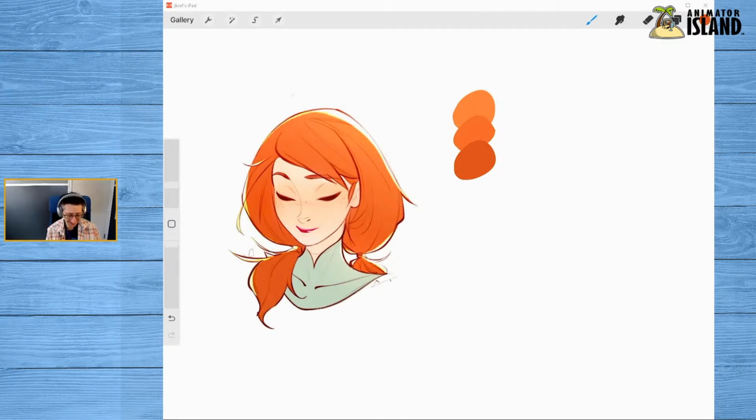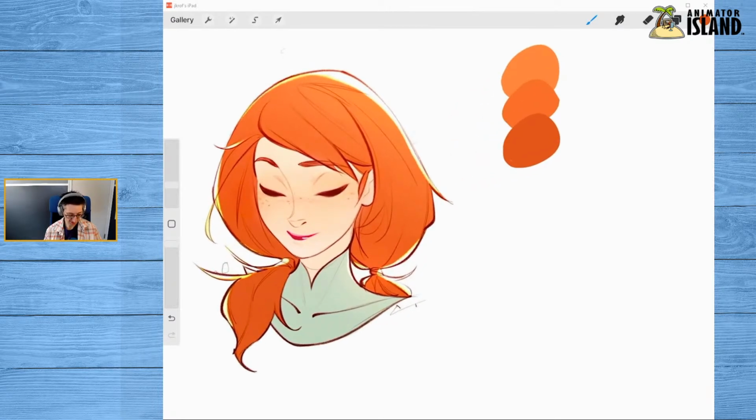The last thing I want to talk about today in this portion, and then we'll move on to some analysis, which we've already started doing a little bit of, is look at the highlights on this character. First of all, the highlight here on the top of her head is white. I mean, it's just pure white. You can't even see me drawing it because it's just straight up white. And that has a nice effect because they haven't used bright white anywhere else. Like it's been saved for this harsh highlight on her hair.